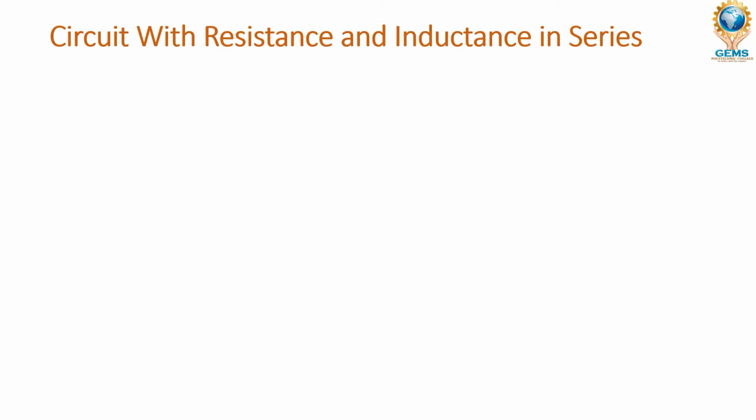Here you can see, now I am going to take the circuit with resistance and inductance in series. I am going to take one resistor, and I am connecting this to an inductor in series. So this is the resistance and inductance circuit. If we apply some voltage, that is V,